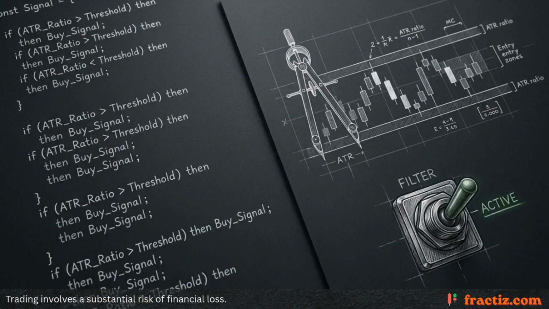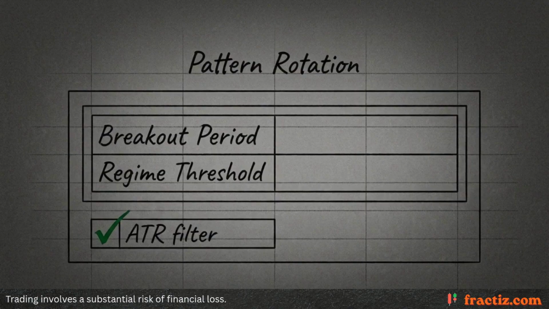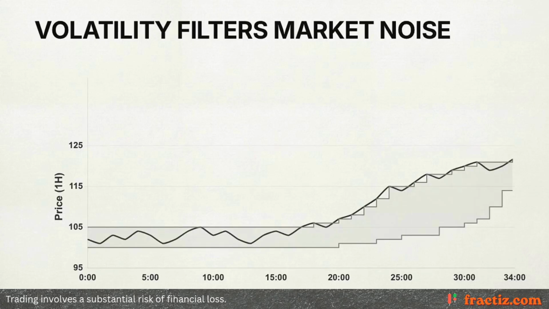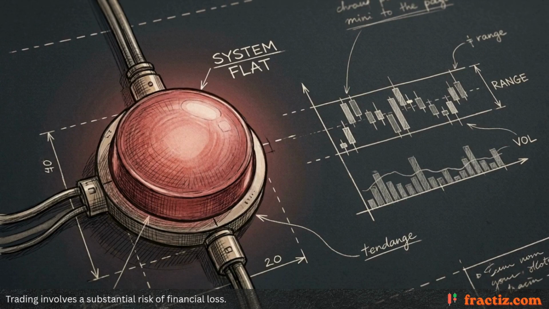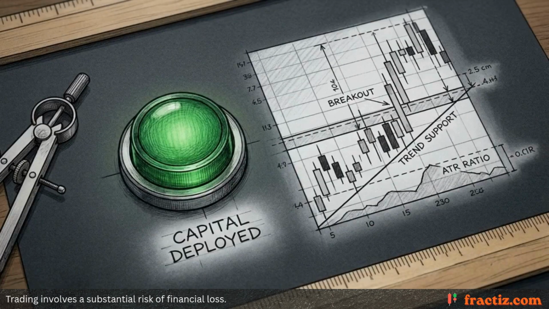A mechanical system requires algorithmic context. It needs a strict mathematical rule that tells it when to ignore a valid price signal. The pattern rotation strategy is engineered to provide exactly that context. It uses a volatility regime classifier to objectively measure the market conditions before a trade is ever authorized. The mandate is rigid. Skip the structural chop entirely and only deploy capital during mathematically proven expansion phases. By refusing to participate in low volatility environments, the system preserves your capital for high probability continuation setups.